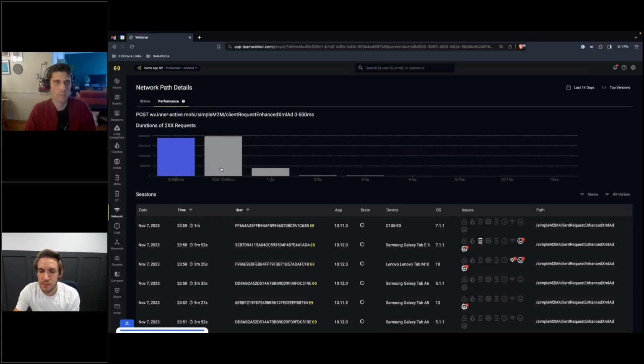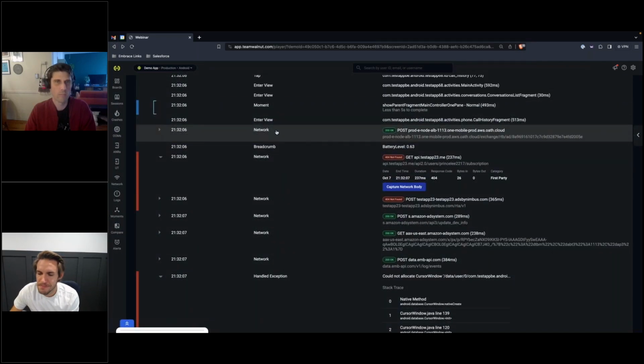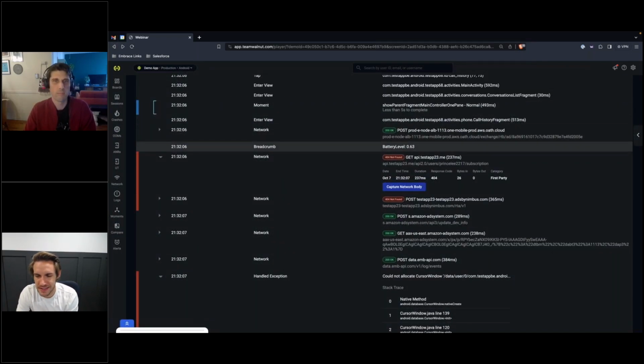So this allows me to see that network call and then zoom out and say, are other people having the same issue? Is it slow for everyone, or is it just this user? In this case, it looks like it's probably just that user, right? I'm not seeing any crazy slowness on this network call. I'm not seeing a bunch of network calls that are taking 4 to 5 seconds, right? So that's how we would get context from not just what's happening inside that session with just the network calls, but I also can see the performance, right, of the users in the user session.